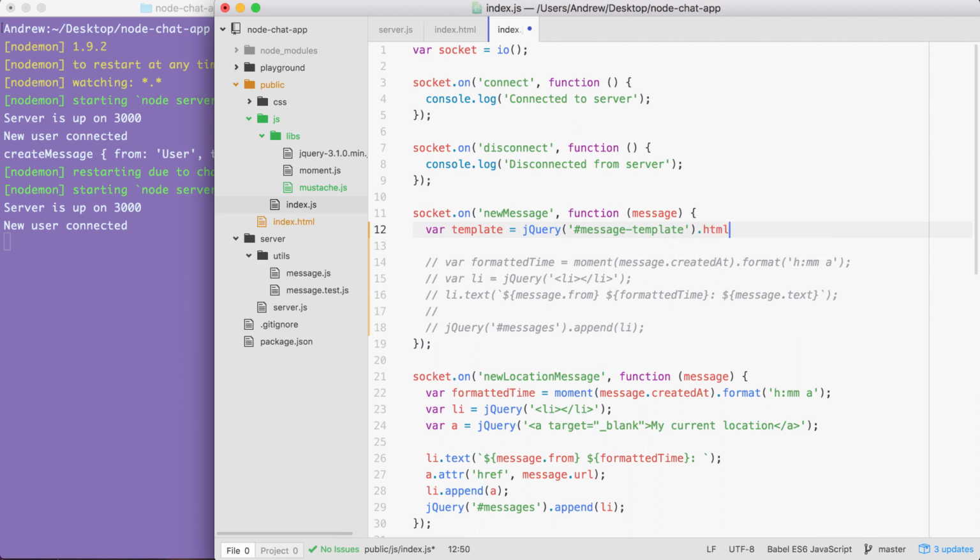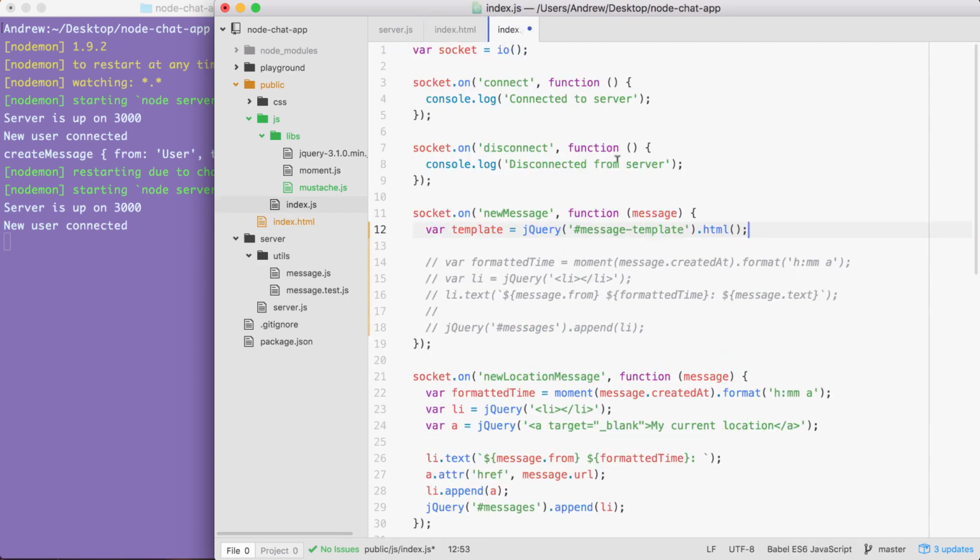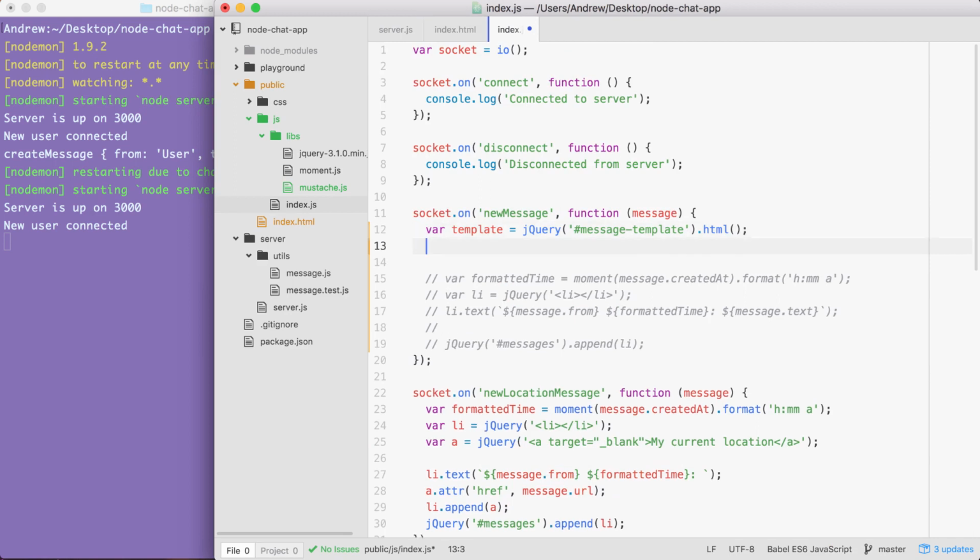Now we need to call the HTML method, which is going to return the markup inside of message template, which is the template code, our paragraph tag in this case. Once we have that, we can go ahead and actually call a method on Mustache, which was available to us because we added that script tag. Let's make a variable called html. This is the thing we're eventually going to add to the browser, and we're going to set it equal to